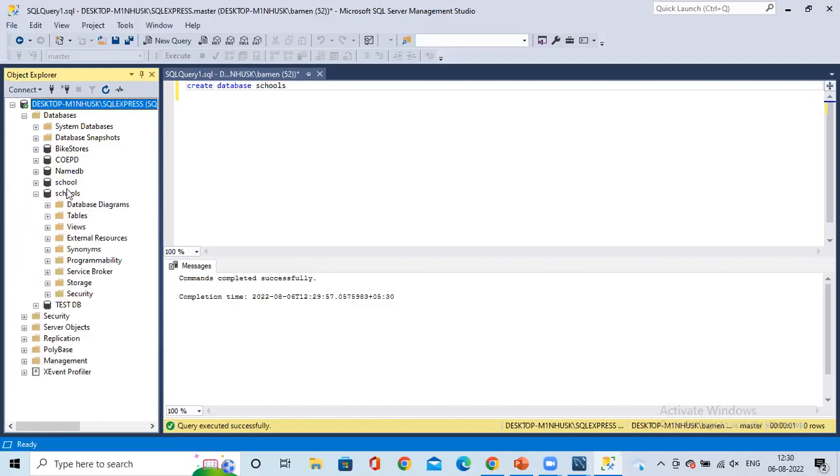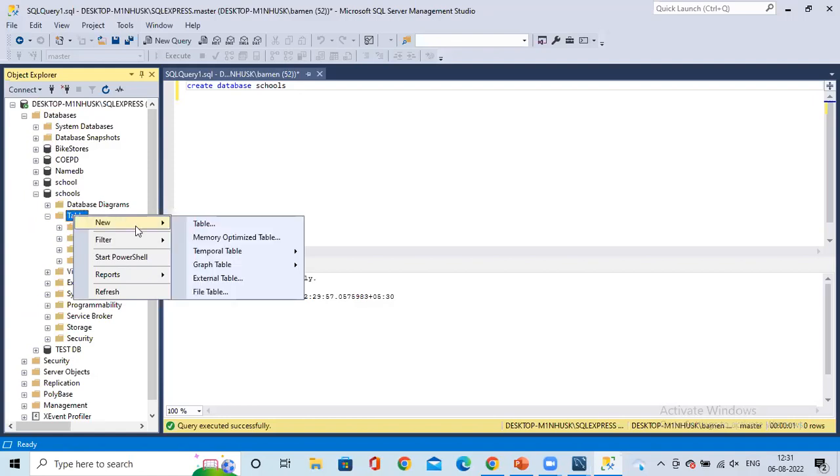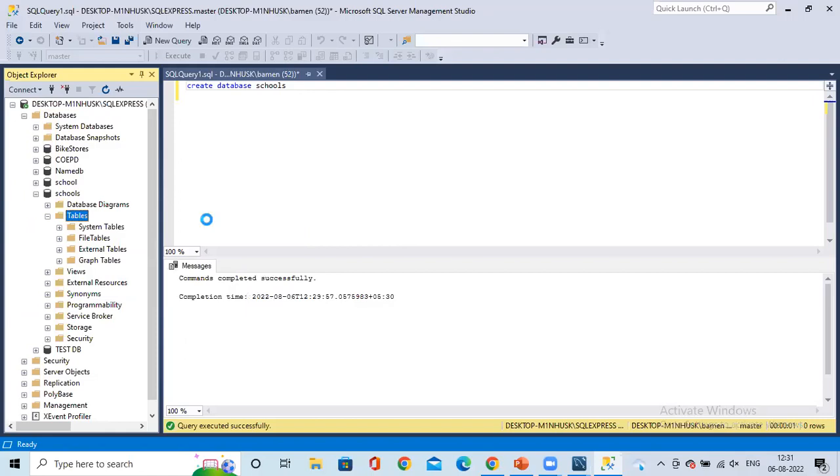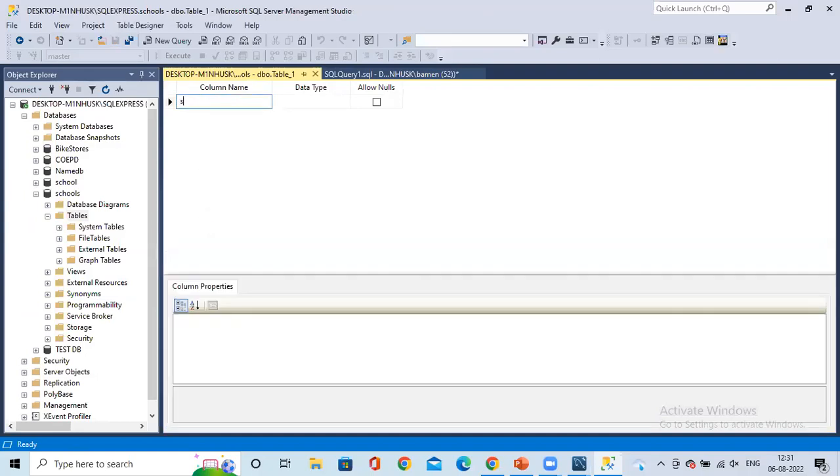See, in this database, what if I want to create one table? I will right click, say new, go to table. So now I want to create one table. Let's assume I give a student ID. Now, if I go here, what do you see?